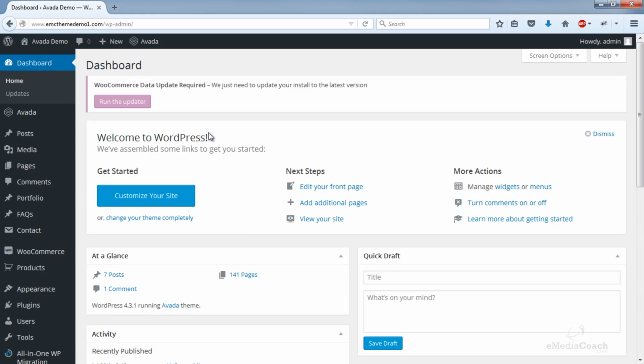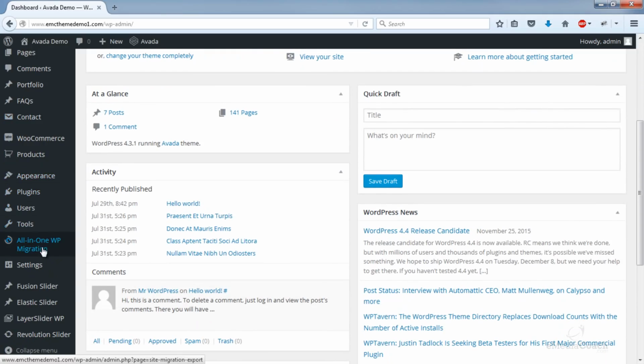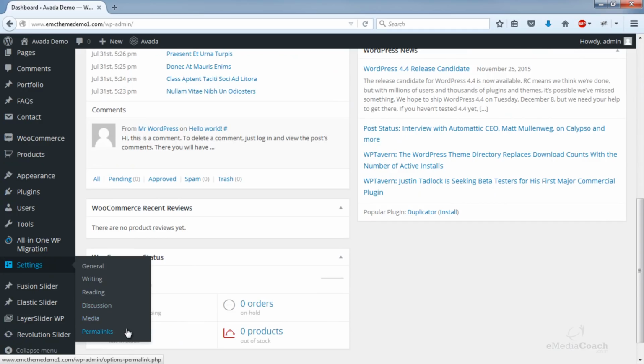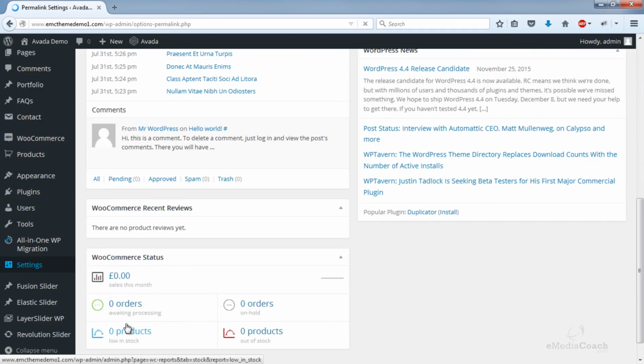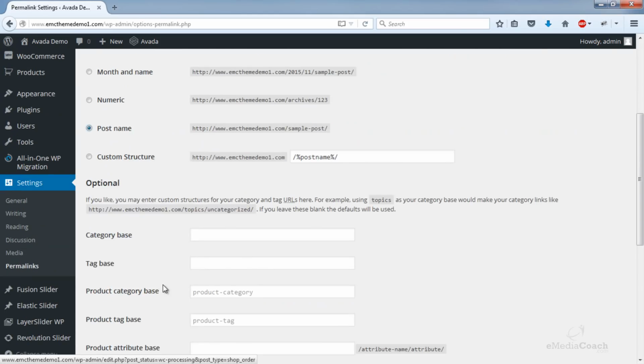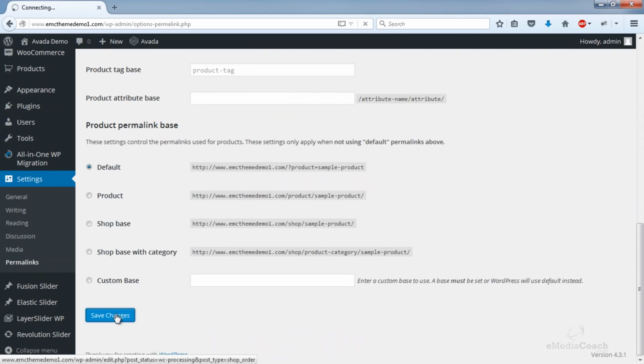Okay, cool. Next, what do we need to do? We need to update the permalink structure, and I'll show you what that is. If you go down to settings and permalinks, any page that you create on your site right now, even if you name the page, for example, My Portfolio, it will be named with a page number, and obviously that's not ideal. If you name a page My Portfolio, you want it to be /my-portfolio, and that's proper naming convention. So select this here, post name, and then go down and save changes.